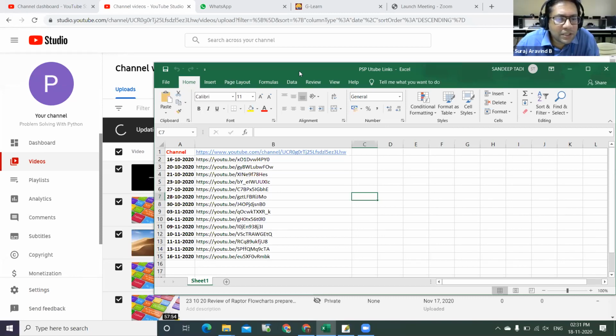You can stop sharing. Once it is done, just let me know, and give access permission to them. Let us see if it is working at their end. And with the same thing, let us also put that link in GLearn, so that it becomes easier.